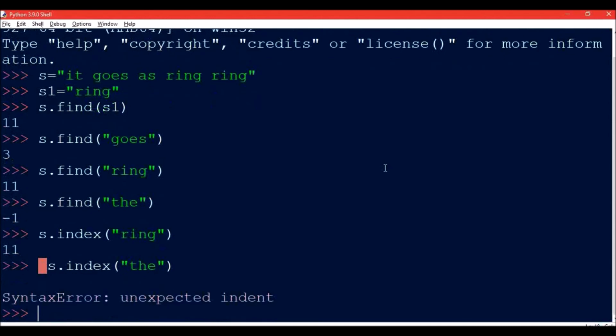So this is the main difference between index and find: if a substring is not present in the main string and we are searching for it, find will return -1, and if we are using the index function, then an exception or error will be raised.